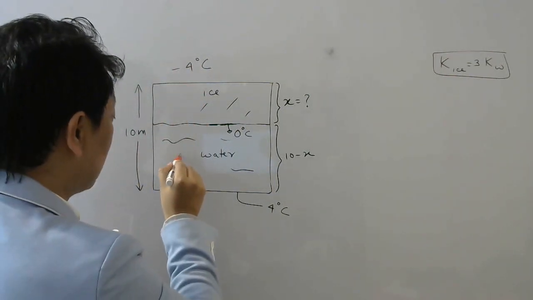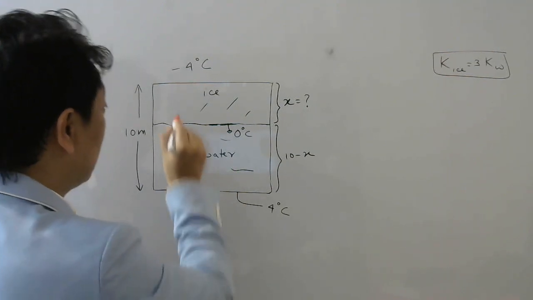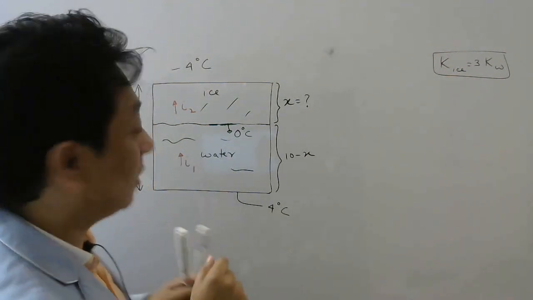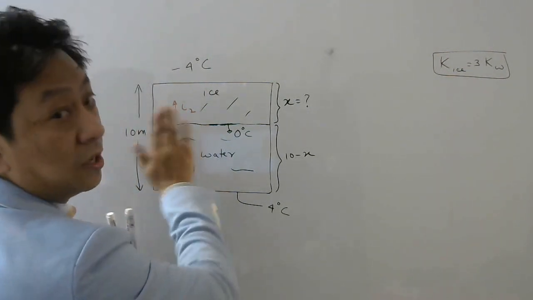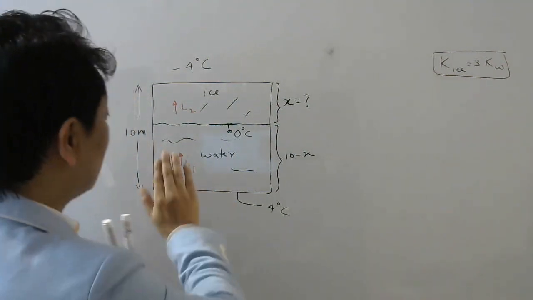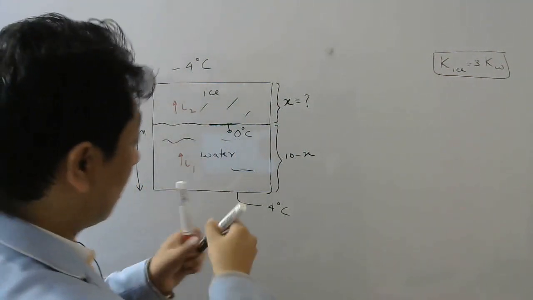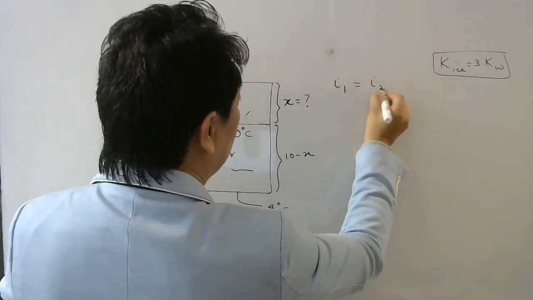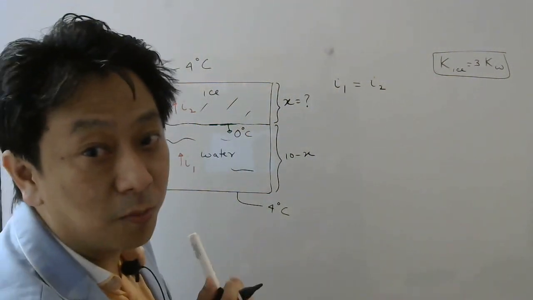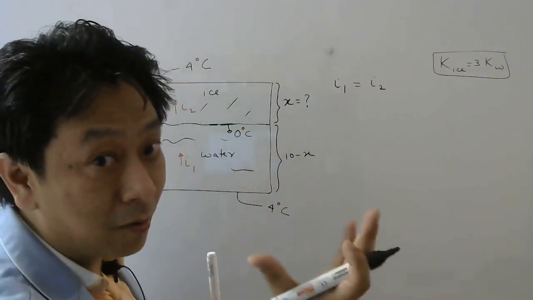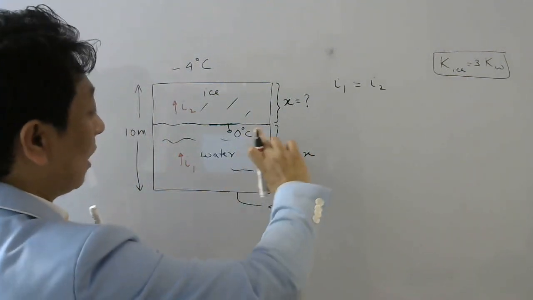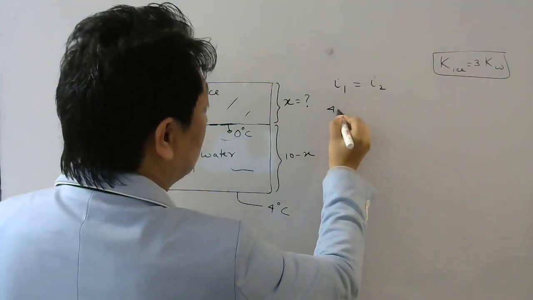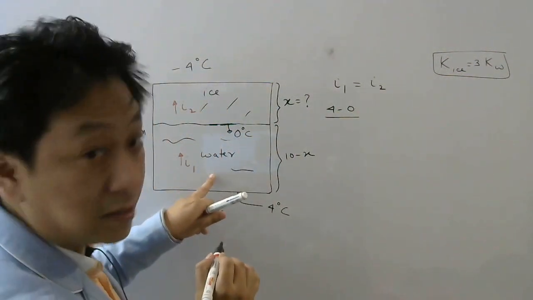So let's say the heat current in water is I1 and the heat current in ice is I2. Now we know in steady state, whatever is the rate of flow of heat here, which is called heat current, right? The same rate of flow should be here also. That means I can write heat current in water equals heat current in ice. Now, what is the formula for heat current? If you remember the one which I told you, the Ohm's law, then how will I write? Temperature difference for water is how much? 4 minus 0.